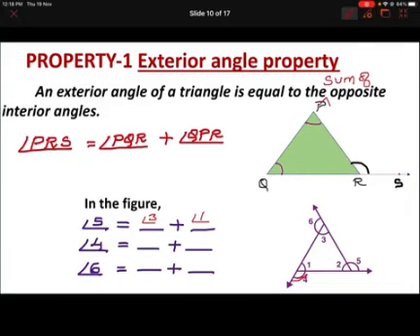Now what about angle 4? This is the exterior angle formed because we have extended this side. So what are the opposite interior angles? Angle 3 and angle 2. Fine. What about 6? Angle 6 also is an exterior angle. So its opposite, 3 cannot be opposite, children. 3 is a linear pair. These two are linear pairs. So opposite can only be 1 and 2. Angle 1, angle 2. I hope this is clear. Okay.